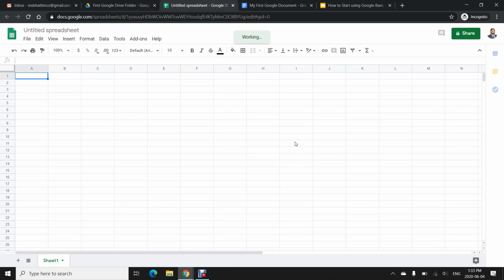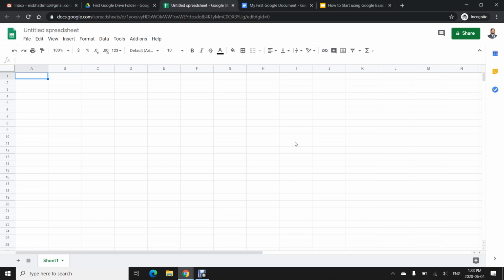There are many functions which are not available in Microsoft Excel, and there are definitely many functions that are available in Microsoft Excel not available in Google Spreadsheet. So we will see inshallah in the coming lectures how to explore the functionality used in Microsoft Excel and Google Spreadsheet as well. So this is the way to create the spreadsheet.